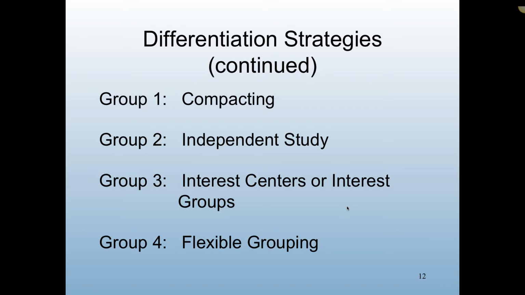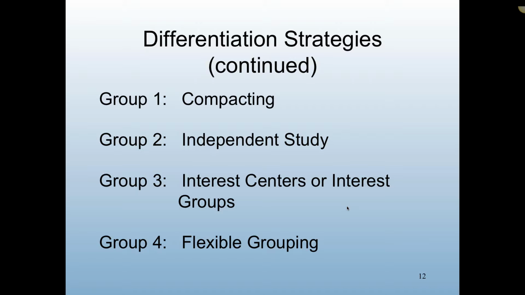So here's another example of some differentiating strategies. We might have students compact information. We might have some other students do an independent study project. We might have interest centers or interest groups within our classroom. And as Melanie knows, because she's mentioned it before, a lot of administrators want to see your kids in groups when they walk into the room.